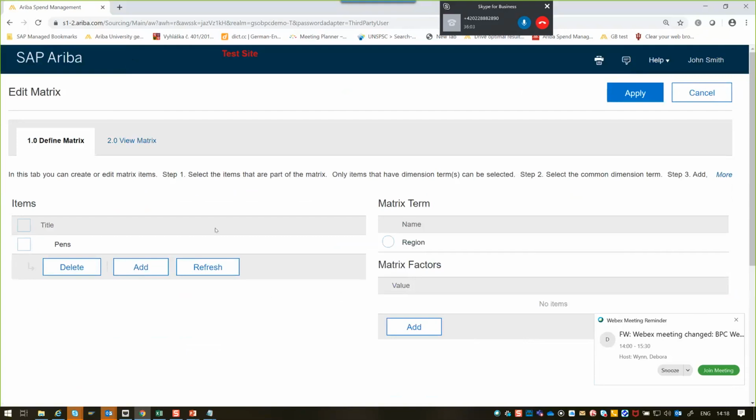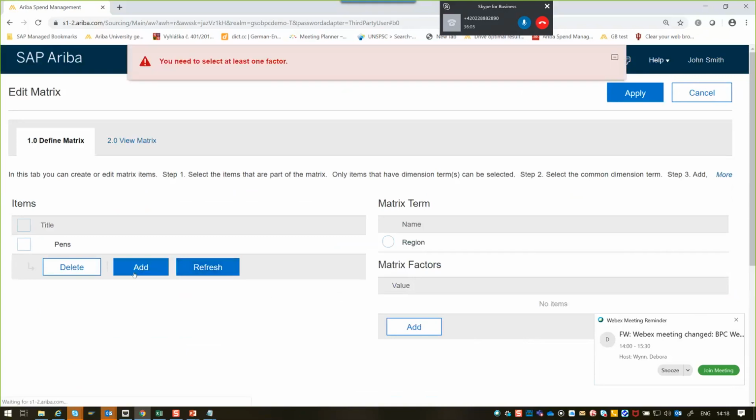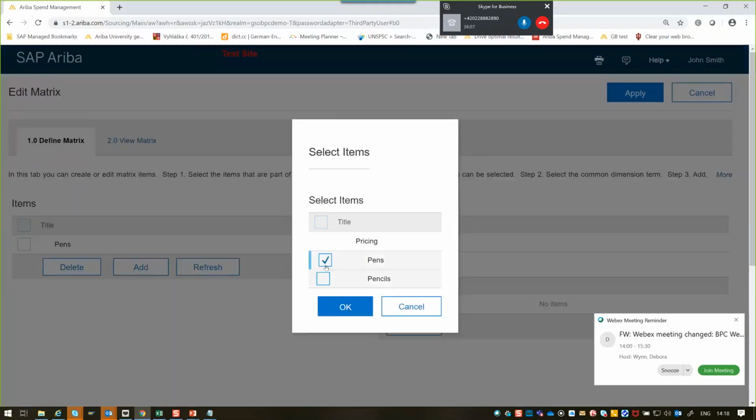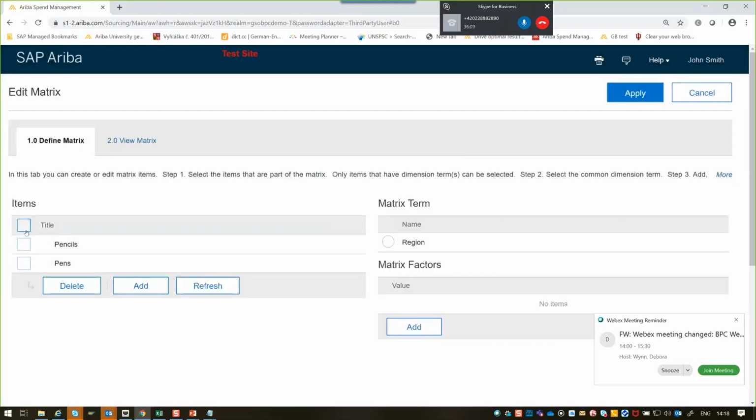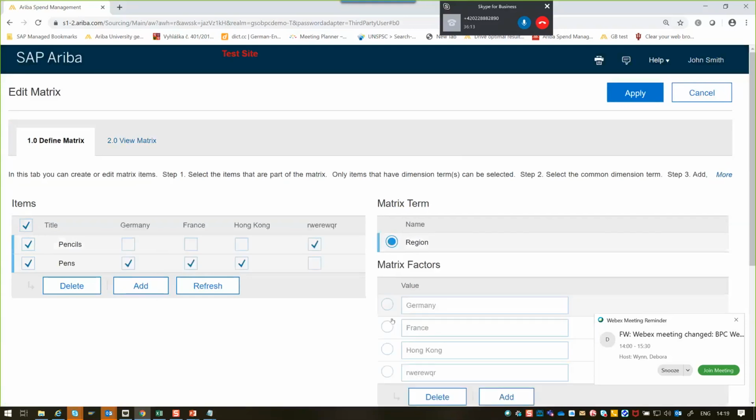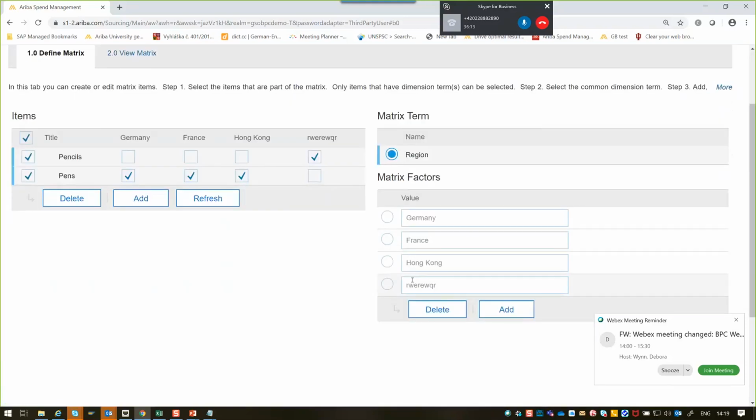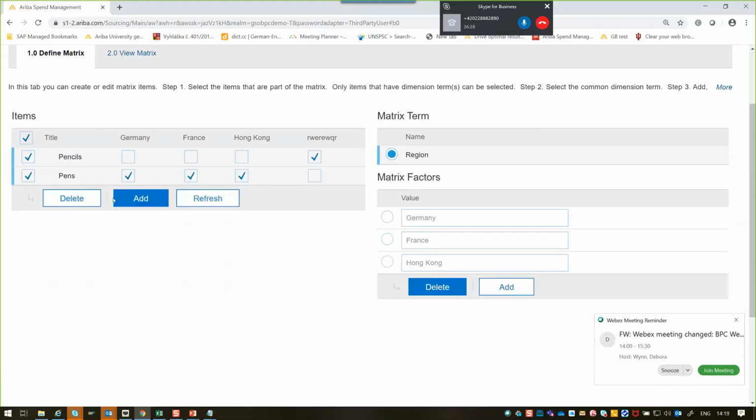I will be able to select my pens, pencils, and add my regions there for all the regions, right? Of course, this was only a placeholder, so I can delete it. So I have only now my regions. When I refresh,